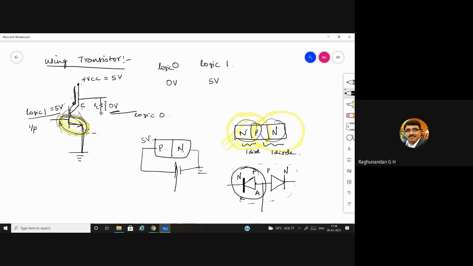Okay. Can anyone explain this working? Can just try.